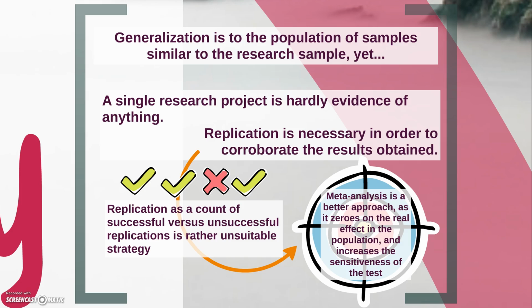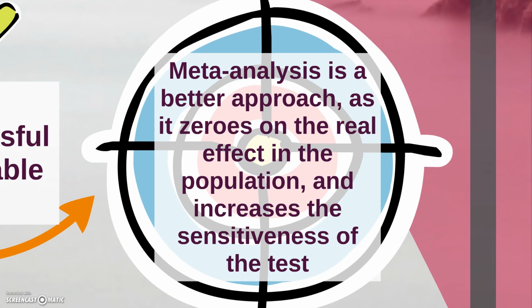Now, a simple count of whether replications have been significant or not is really not a very suitable strategy under Fisher's approach. Basically because, statistically speaking, it's very difficult to get a significant result, because it depends a lot on your sample size, and of course also on the size of the effect, but you don't know the size of the effect. So the best strategy actually is to use meta-analysis, which Fisher